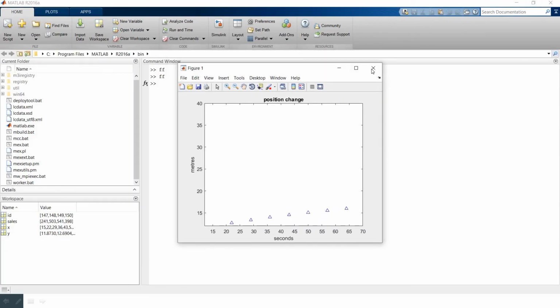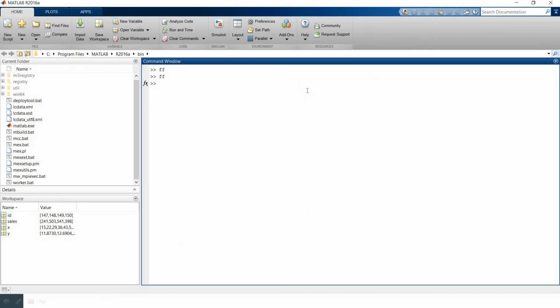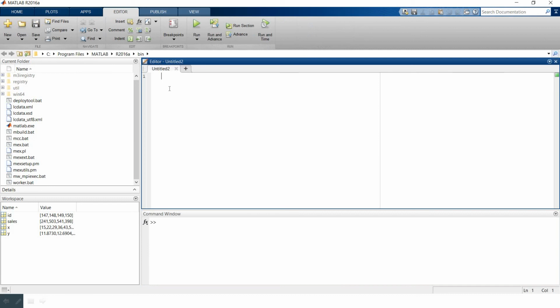Let's see one more example wherein let's open a sketch. Also remember there is a command called clf that will clear the figure. If anything is there in the figure, it will clear off the figure.